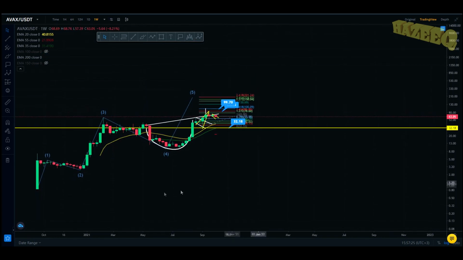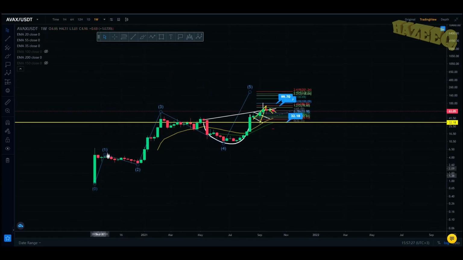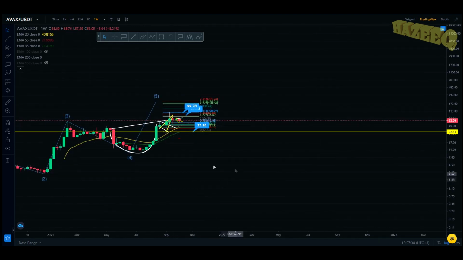Also take a look at this. I do have the Elliott wave theory set up from here. So wave 1, wave 2, the monster wave 3, then the pullback wave 4, and wave 5. We're looking at $195. Potentially we can get there by December because altcoins tend to appreciate a lot more than Bitcoin, obviously.